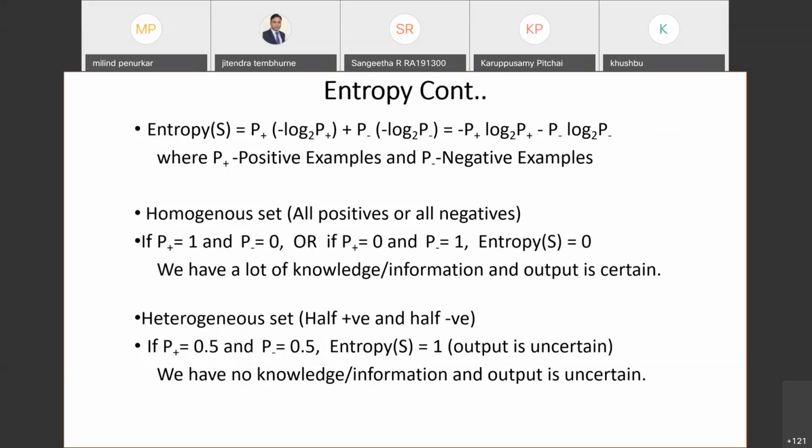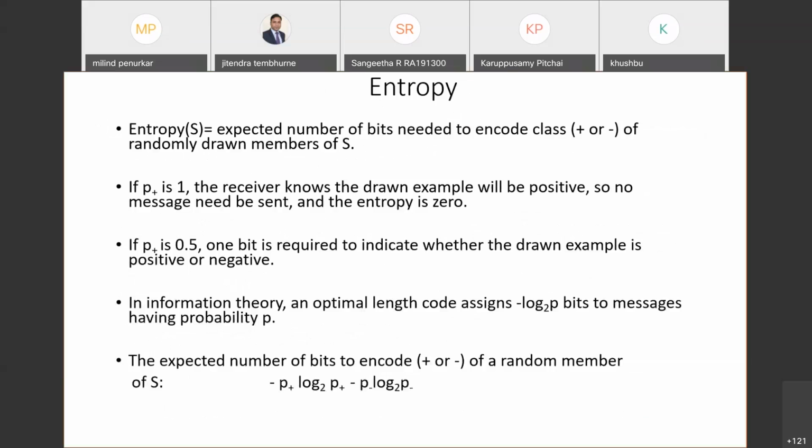So let me first cover this part and then let me go back. So it is the expected number of bits. This is the information theory. It is the expected number of bits needed to encode class, positive or negative, of randomly drawn members of S for sending a certain message from, let's say, a node in a network to another node in the network. So what is the expected number of bits that are needed to encode a class, whether it could be